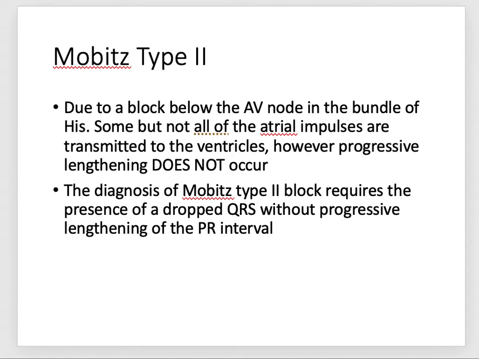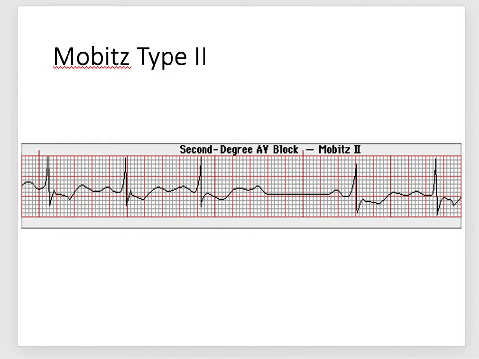With Mobitz type 2, more severe, your type 2, you still have a prolonged PR interval. It's longer than 0.20, right? So it does not have progressive lengthening. When you count the boxes of the PR interval, it's not getting longer and longer. But now those impulses are not being transmitted to the ventricle, and progressive lengthening is not occurring,